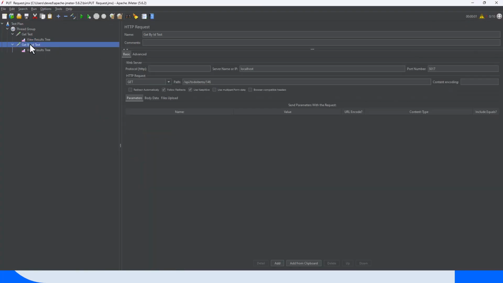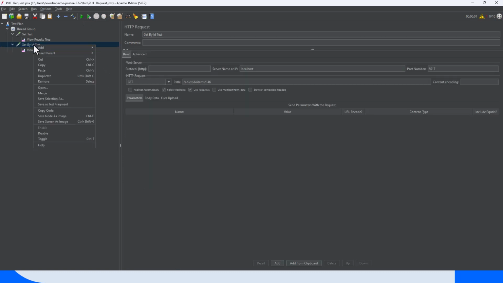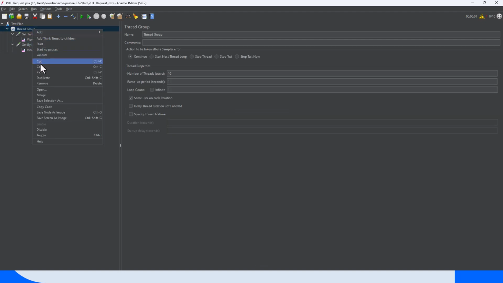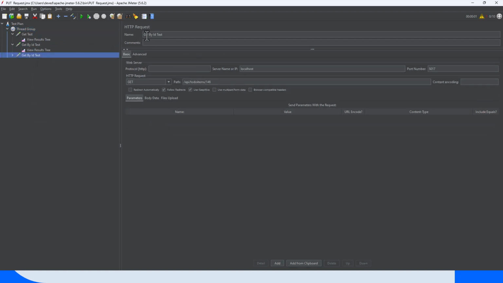Now here the easiest way to replicate a put request, because put request also has an ID appended, and I have got a get by ID test. It's already running. Okay, so what I'll do, I will just copy everything over here, and then paste it on the thread group, paste it, and then change the name